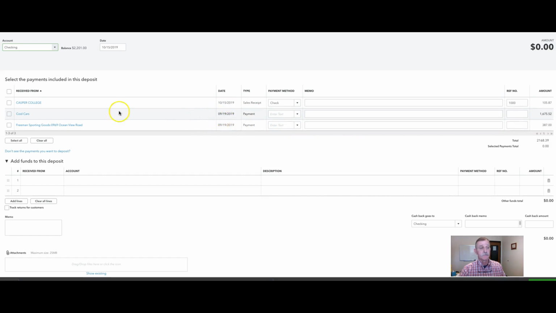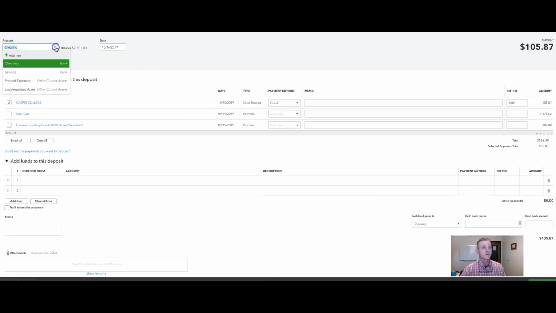But we got this one for Casper College, and maybe we didn't get down to the bank till the next day, and we put it in on October 16th. Okay, everything looks good. Reference number, it's 105. We only have that one that we want to deposit, and it should go right into